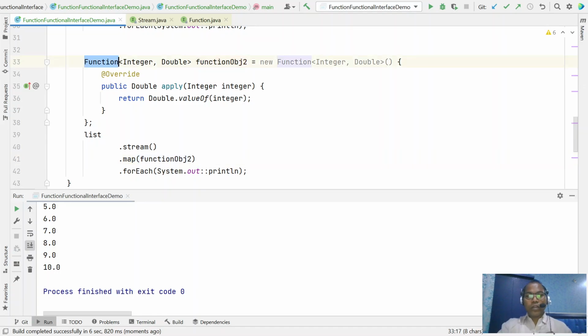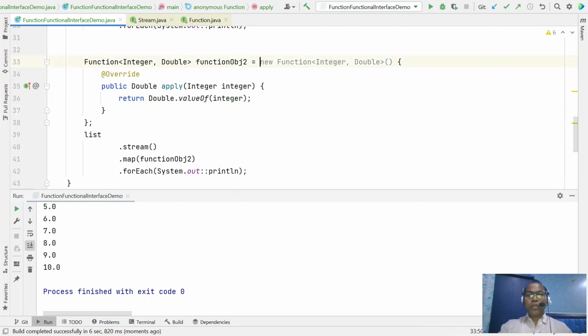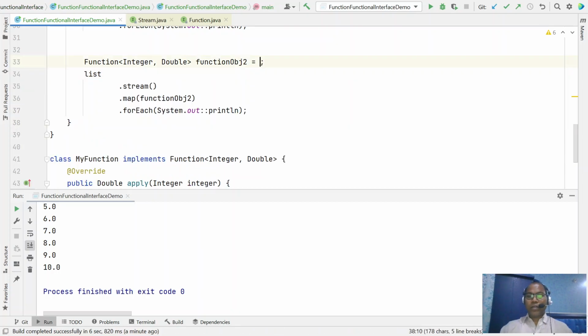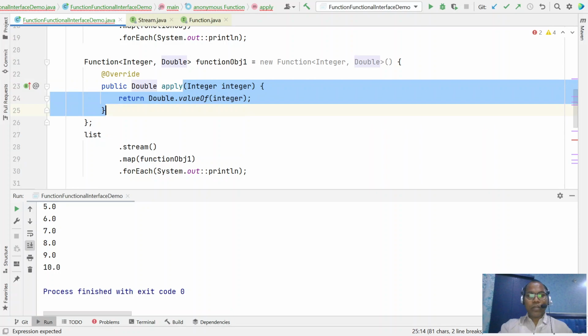This functional interface already defines the apply method. So the only necessary part is your input and your output. So even we can create a functional interface object using only the actual needed part.